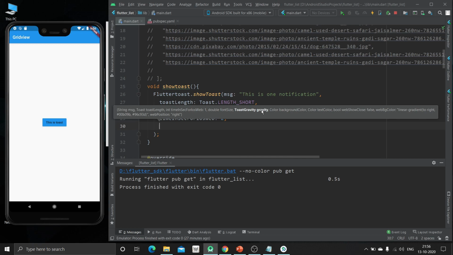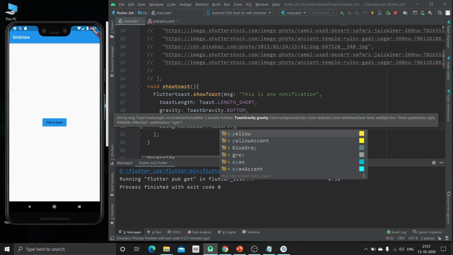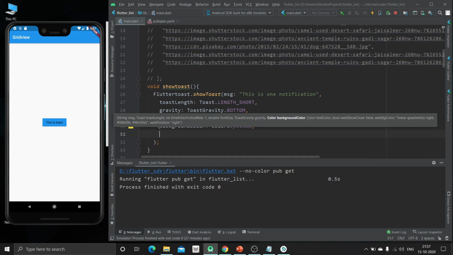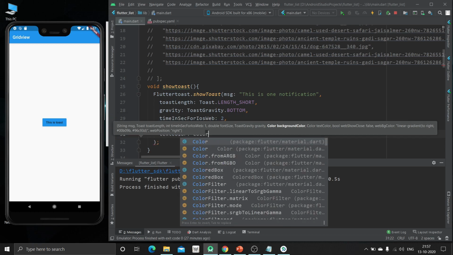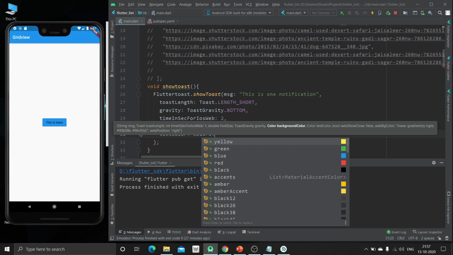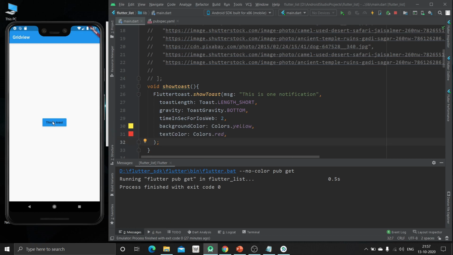Also we are going to give some background color and some text color. Just hit Control and S. Now just run it. Okay, just restart your app.